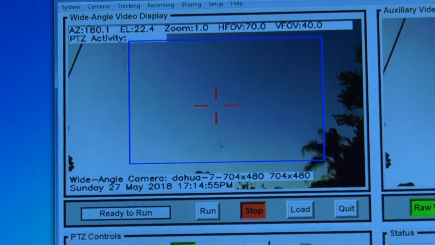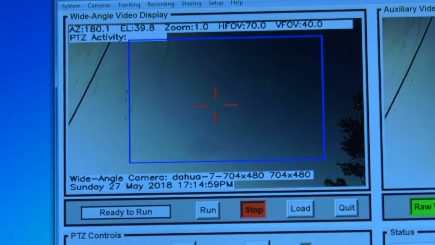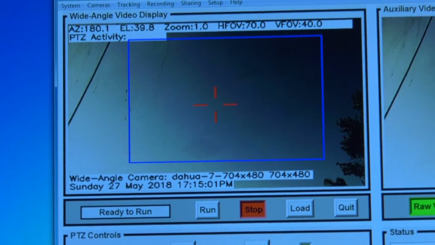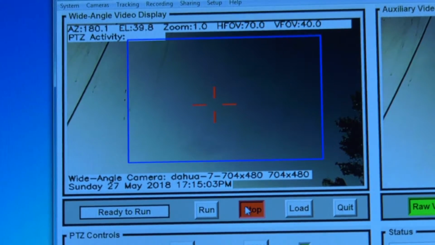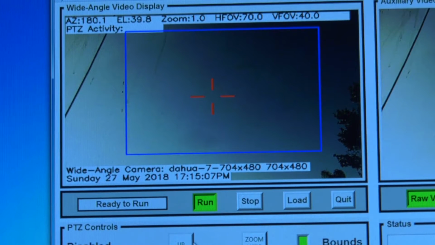Normally we'd position it someplace in a general direction that we think something's going to happen. And then when it's ready to go, we would tell it to run, and it goes to red, indicating it's now scanning for moving objects.